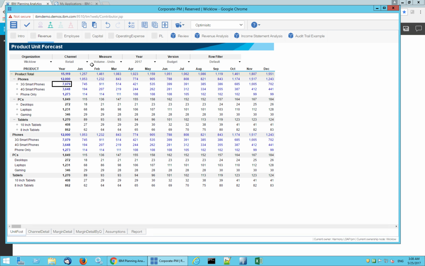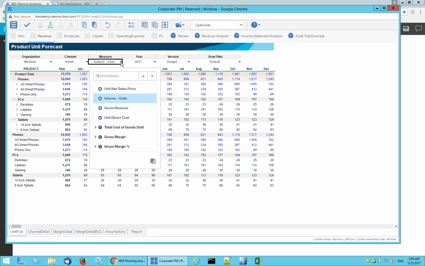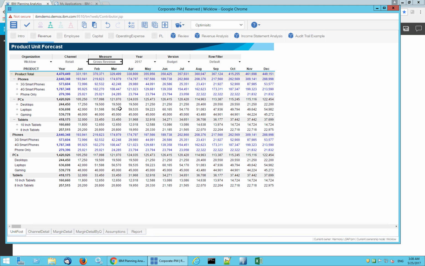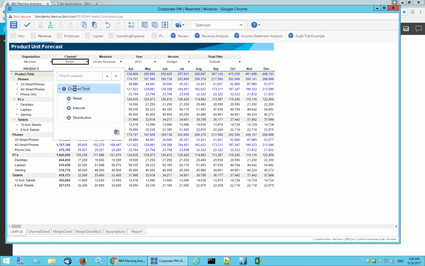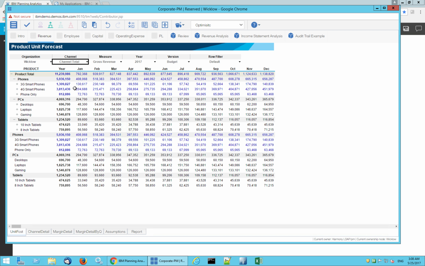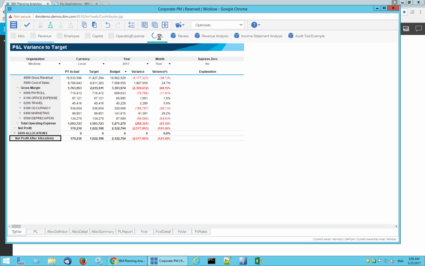retail channel. And again, I split the data on a pro rata basis, and then it shows me where there's an impact up at the product total level. And if I want to, I can see what that's doing to our gross revenue number. So that brings it up quite nicely for the retail channel and also for the overall channel total. And then of course, if I'm interested in seeing what that does in relation to my target, I can see that the budget is still slightly below the target number. Whereas if I go back to the default scenario, which is still kept, obviously that is much lower. So the optimistic one is looking a bit better, but it's not quite there in terms of what we need